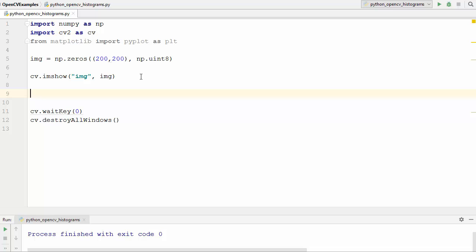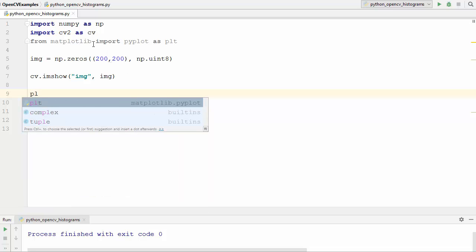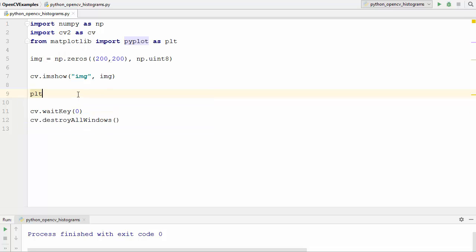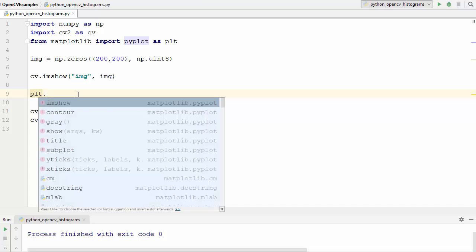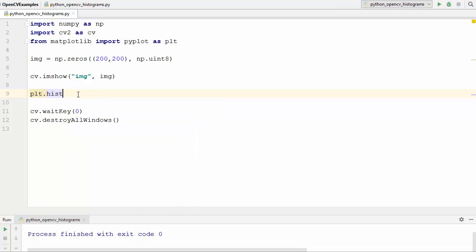I'm going to use plt, because I have already imported the Matplotlib library as plt. There is a function called plt.hist